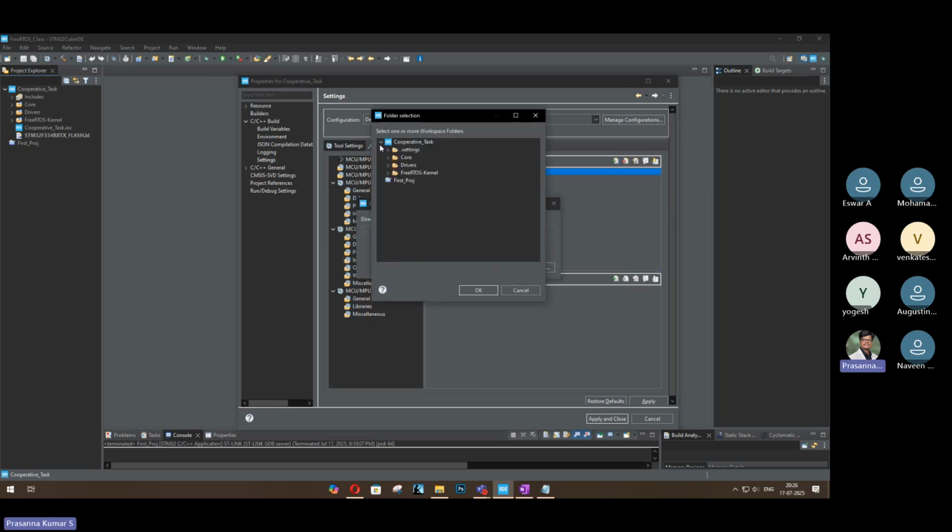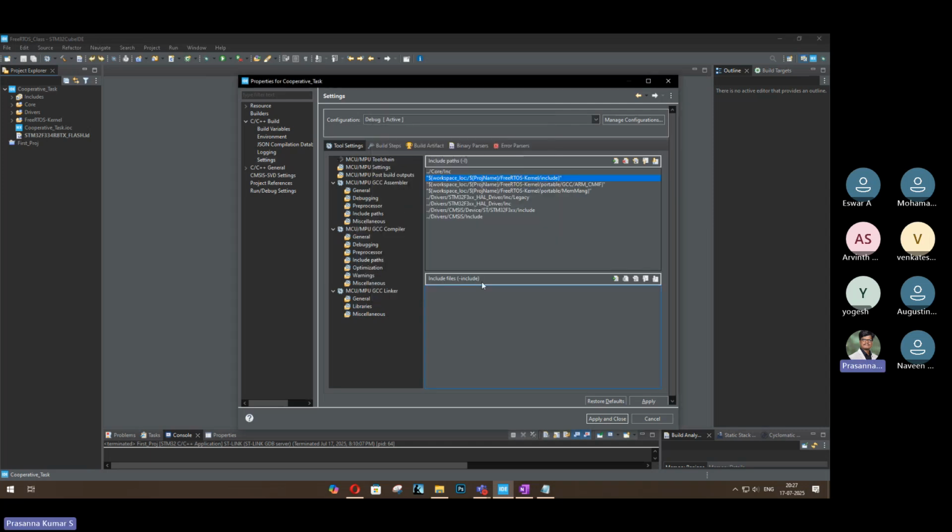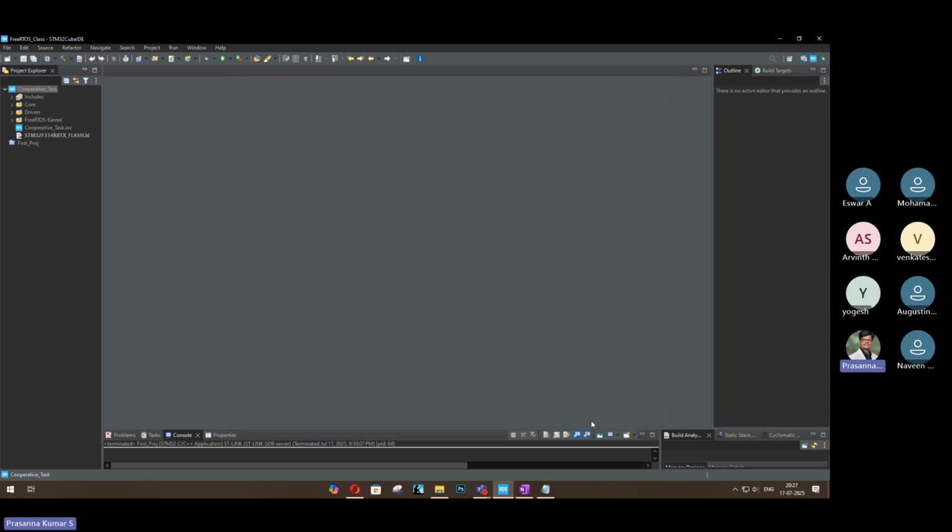I'm opening this cooperative task, FreeRTOS, include, portable, GCC, everything. In that I'm selecting MemMang, ARM_CM4F, and including these 3 folders. I'm checking that these 3 are listed: include, ARM CM4F and memory management. Apply and close. Done. Once I click build,